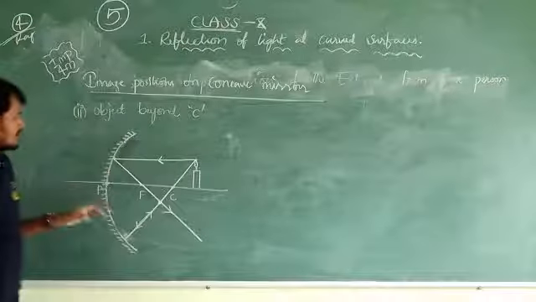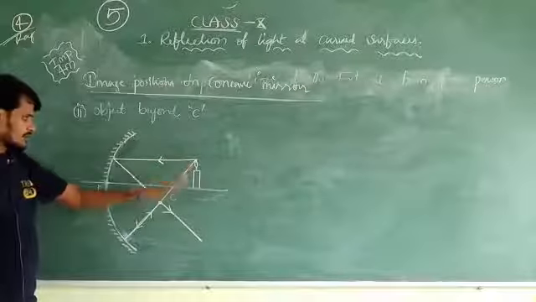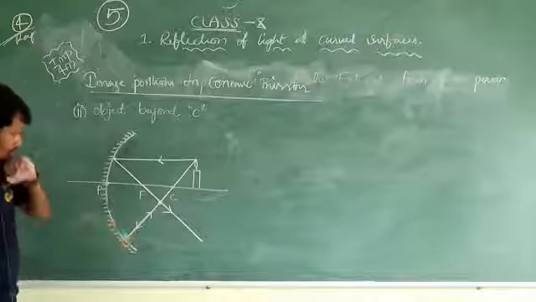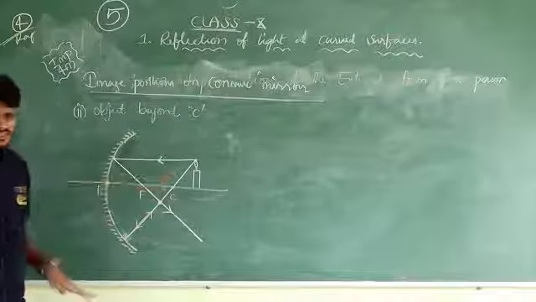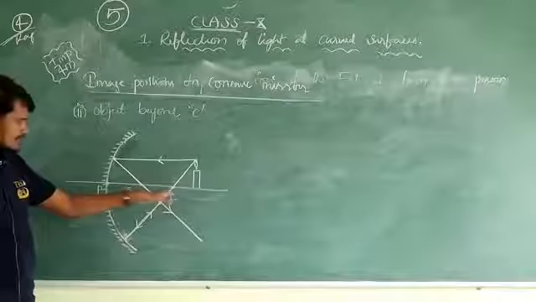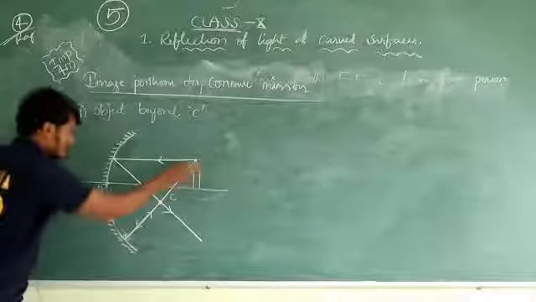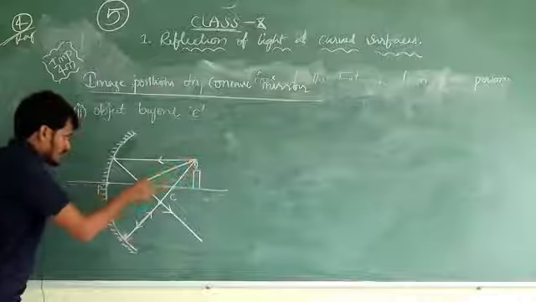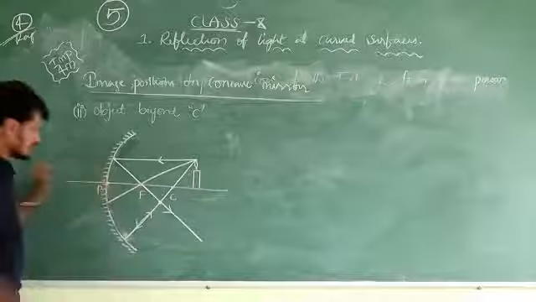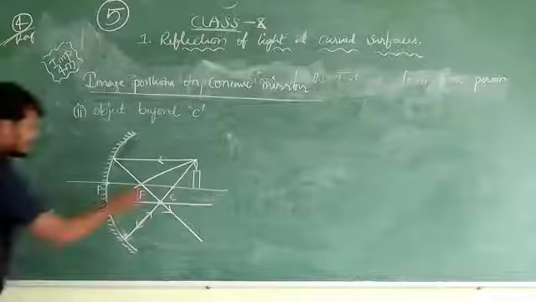Sir, can I take it from the focus? Can I take the same point? I told you that if the incident ray is coming from the center of curvature, but instead of the center of curvature, I'm using a second ray from, maybe, the focus. Is it possible? Does the image form at exactly that position? Definitely. If you are taking it from anywhere, no problem.